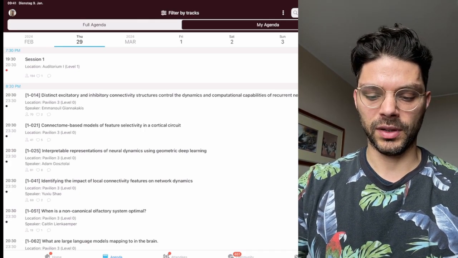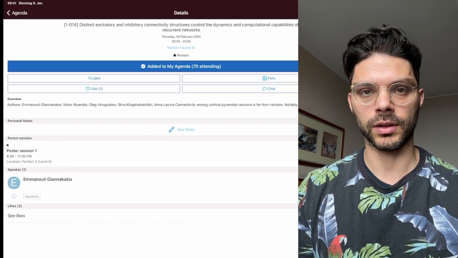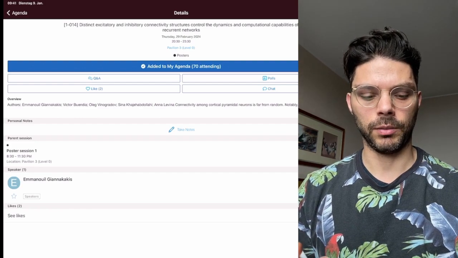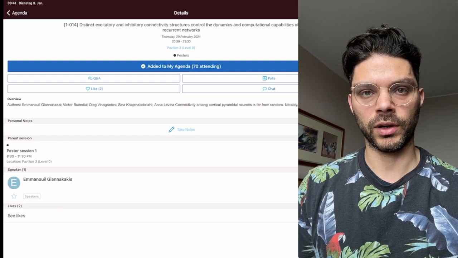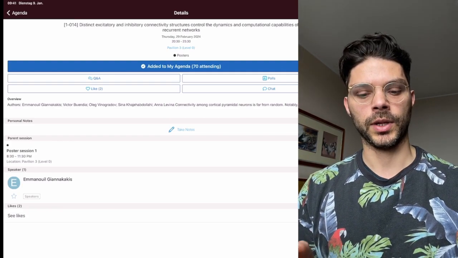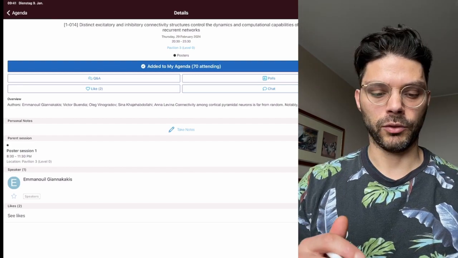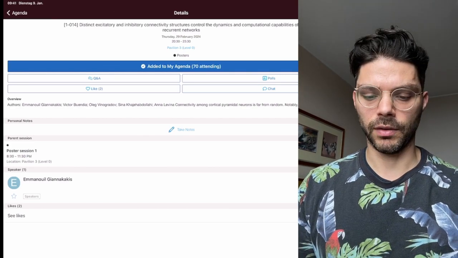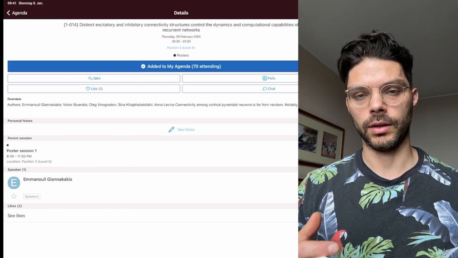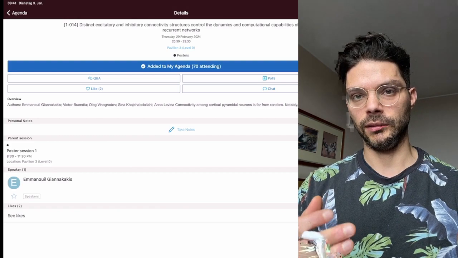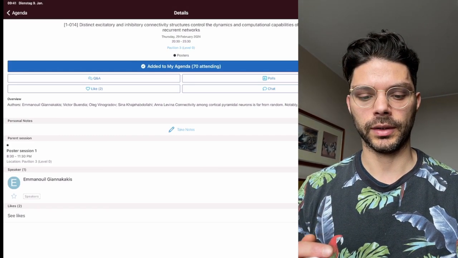The one problem is that ideally I'd be doing this with the PDF, so I can actually point to things and highlight things. I don't think they have the PDF available just yet, so there's not going to be a pointer on the screen, and you won't quite know what I'm pointing to, but hopefully it'll be easy enough to understand. The very first one, and these aren't ordered by preference or anything like that, they're just in the numbering that they've been assigned in the conference. So that's the order we'll go through them.